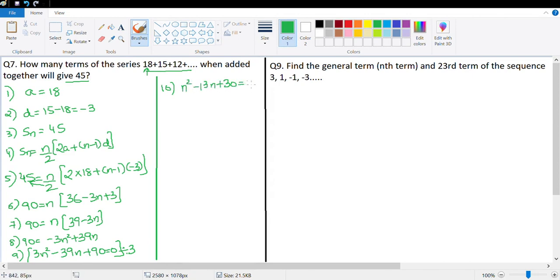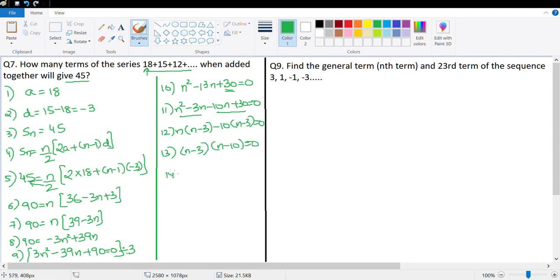I need to find factors of 30, basically a quadratic, the sum of which factors should be negative 13. So 30 can be 3 into 10 with both numbers negative. So then I can divide negative 13n as negative 3n and negative 10n, and this is equal to 0. Grouping it the way I have underlined, we get n times n minus 3 minus 10 times n minus 3 is equal to 0. This gives us n minus 3 times n minus 10 is equal to 0, which means